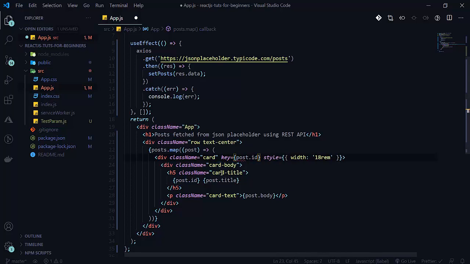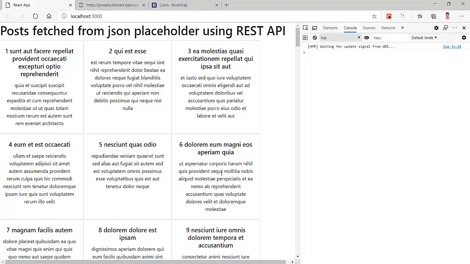So here will be our post.id. The formatter is running. Yes, now it works properly. See that now the error is gone, because we provided the key.